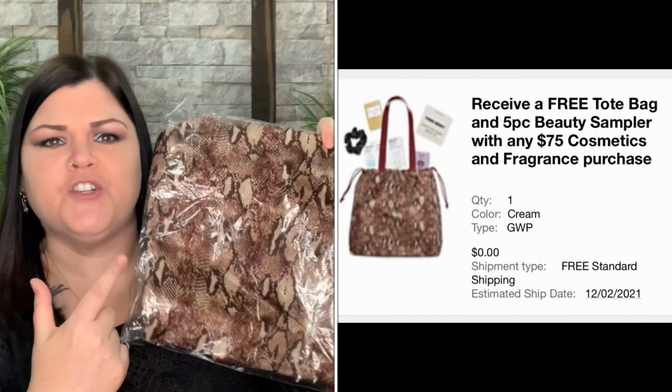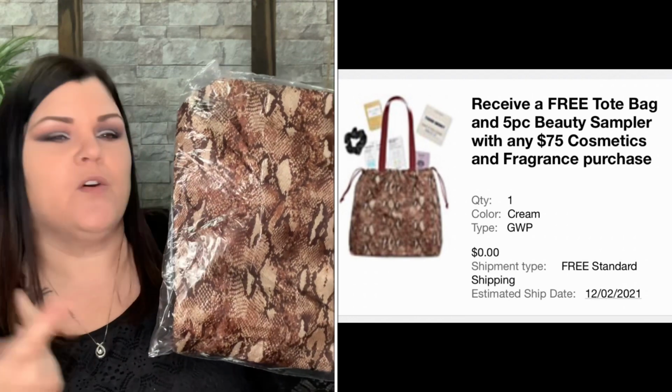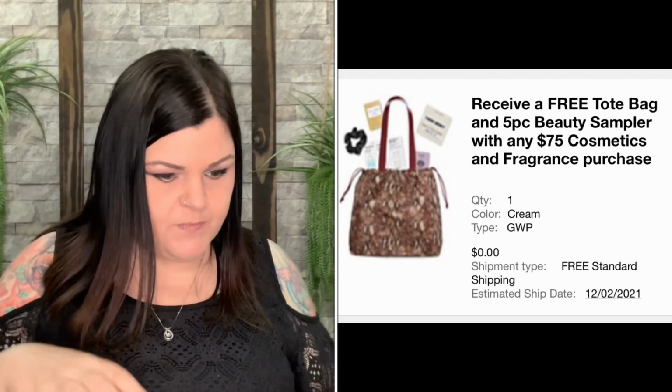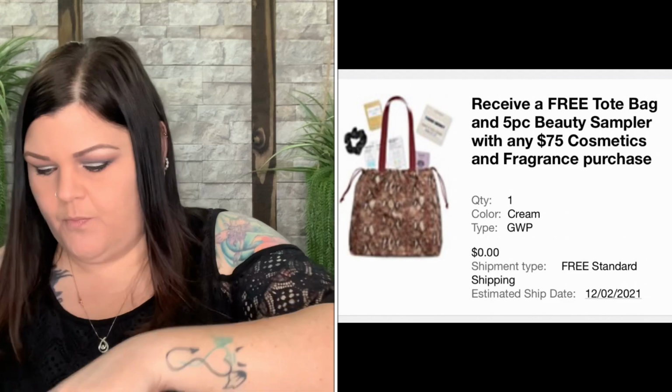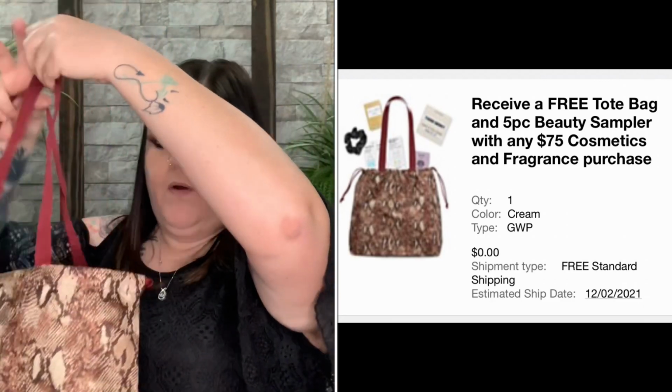And then there was this that I could add as well. This one you could choose between 2 different bags. One looked more like holiday. It was like red and white. So I chose this one, but there's supposed to be something inside. So let me get it opened. It's a nice little reusable bag. Oh, and there's even